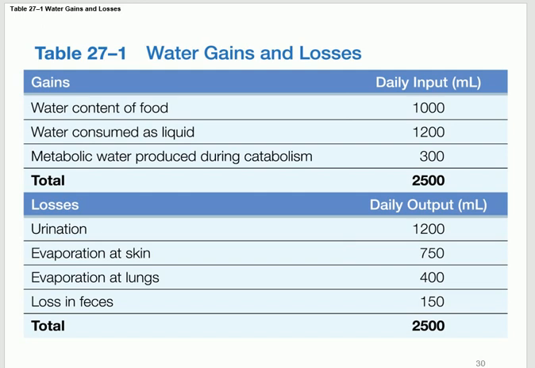And then urination followed by skin, lung, feces. Feces is not the major one. It's the minor one, because feces is mainly solid and just a little bit of water. So this sequence is important to know. Urine followed by evaporation, and then lung, and then feces is the minimal one.